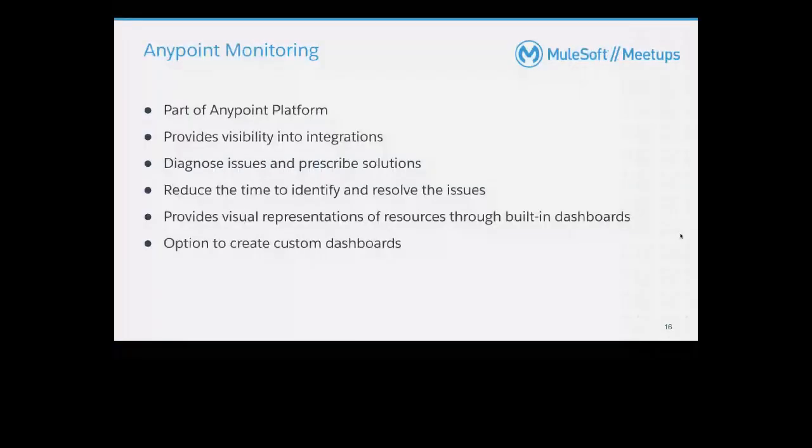So we will start discussing Anypoint Monitoring soon. Anypoint Monitoring is a part of Anypoint Platform. As I said, it gives us visibility of our application network and the integration, and if we have any issue within the execution in our production environment, it would be so easy to detect and prescribe the solution. Not only does it help us reduce the time to find the root cause of the issue in the application, but it also helps us